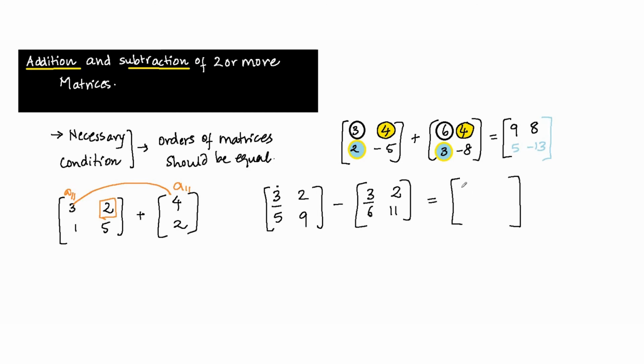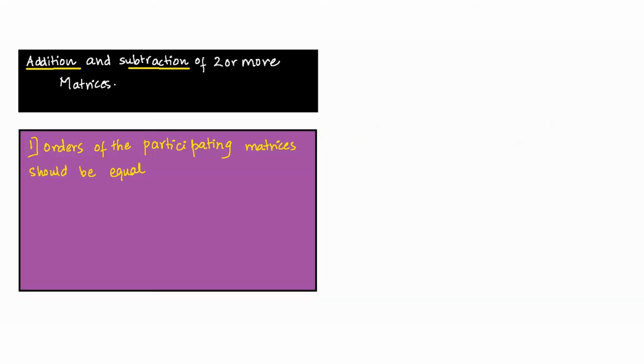So 3 minus 3 gives me a 0. 2 minus 2 gives me a 0. 5 minus 6 gives me minus 1. And 9 minus 11 gives me minus 2. So the resulting matrix is of the same order as the two matrices which you are either adding or subtracting. So let us now note down some key points about addition and subtraction. So the first important point is the orders of the participating matrices in addition or subtraction should be equal to